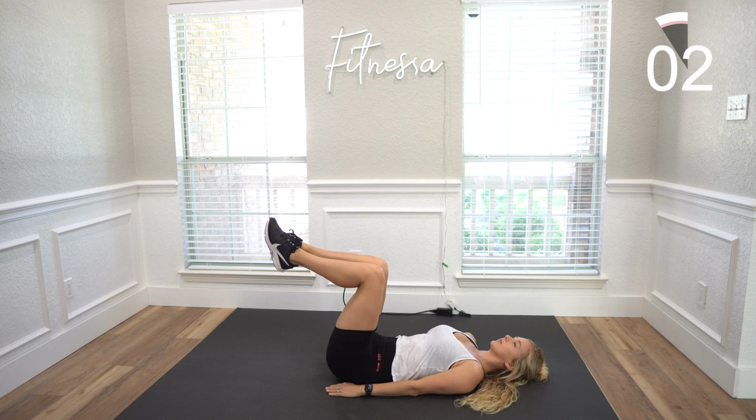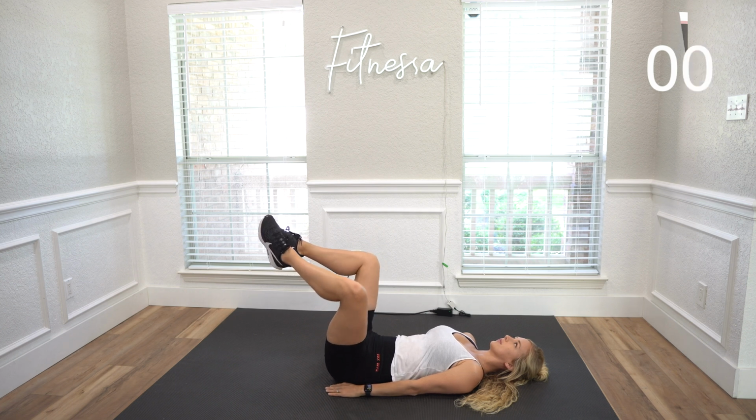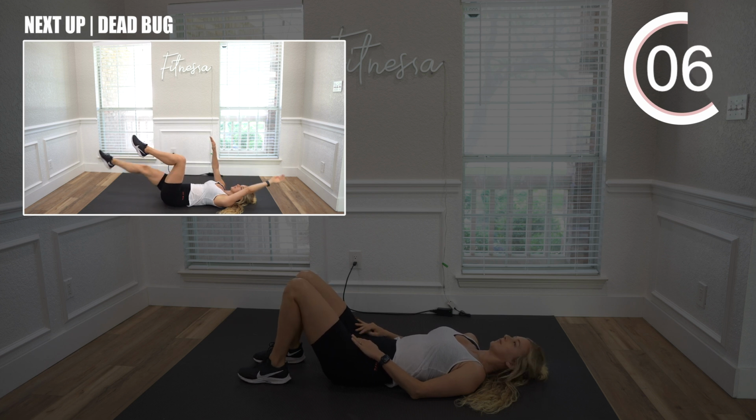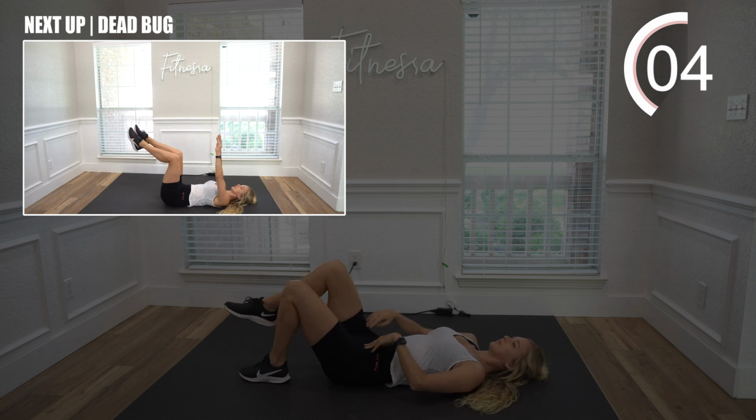So if you feel like you are coning, try to maintain a more neutral spine position and avoid holding your breath. This next move is called the dead bug, but let's be honest, we are more like a dying bug